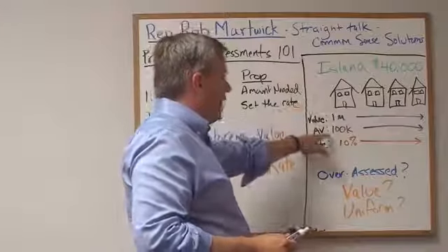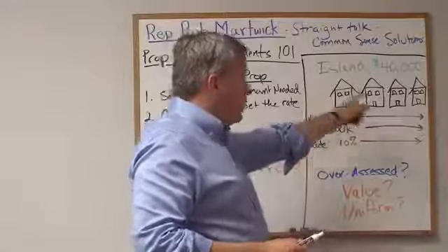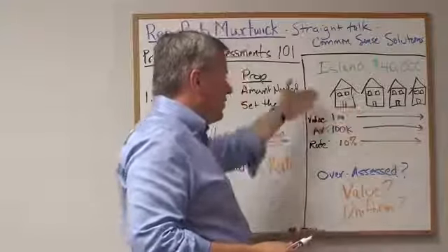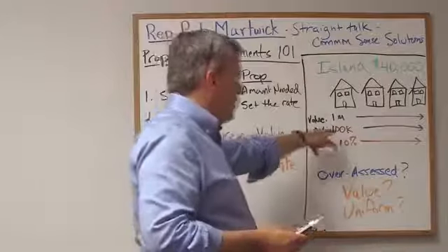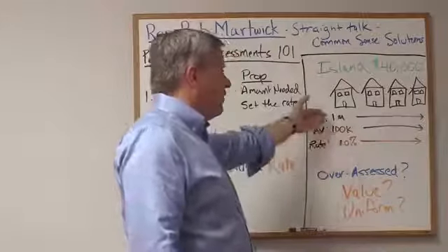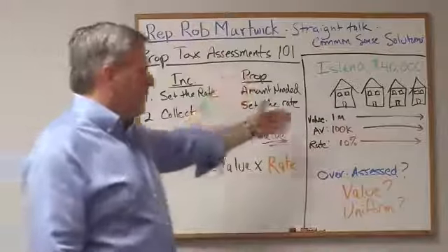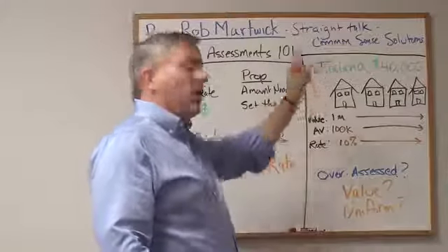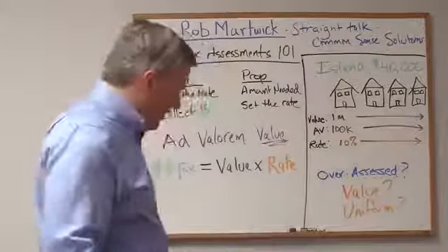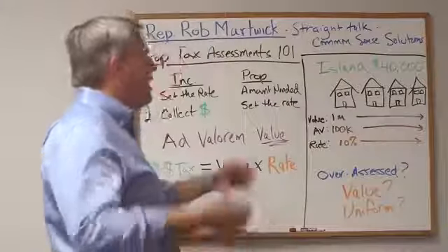Why? Because we still need $40,000 to operate our government. And if you take $100,000 and you know that each house is going to have to collect $10,000, well, it's 10% of it, right? By the same token, and I won't change the board here, if we lowered the value of the homes to $250,000, well, then the rate would go to 40%, but in all of those examples, we'd be paying the exact same tax bill. So why is that important?